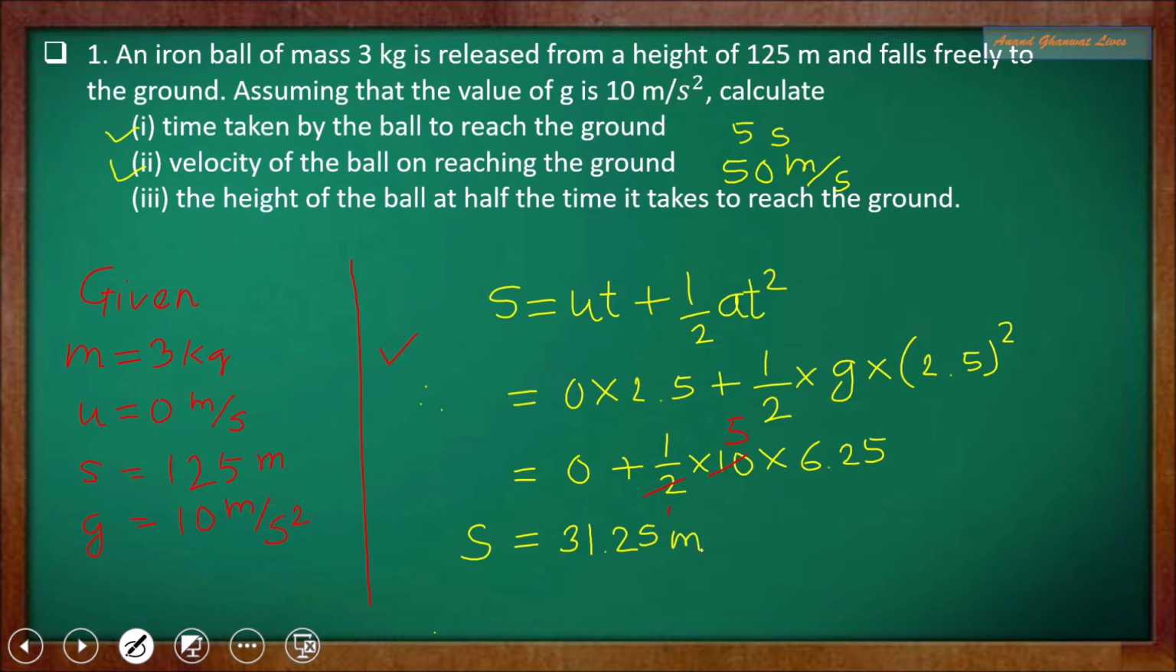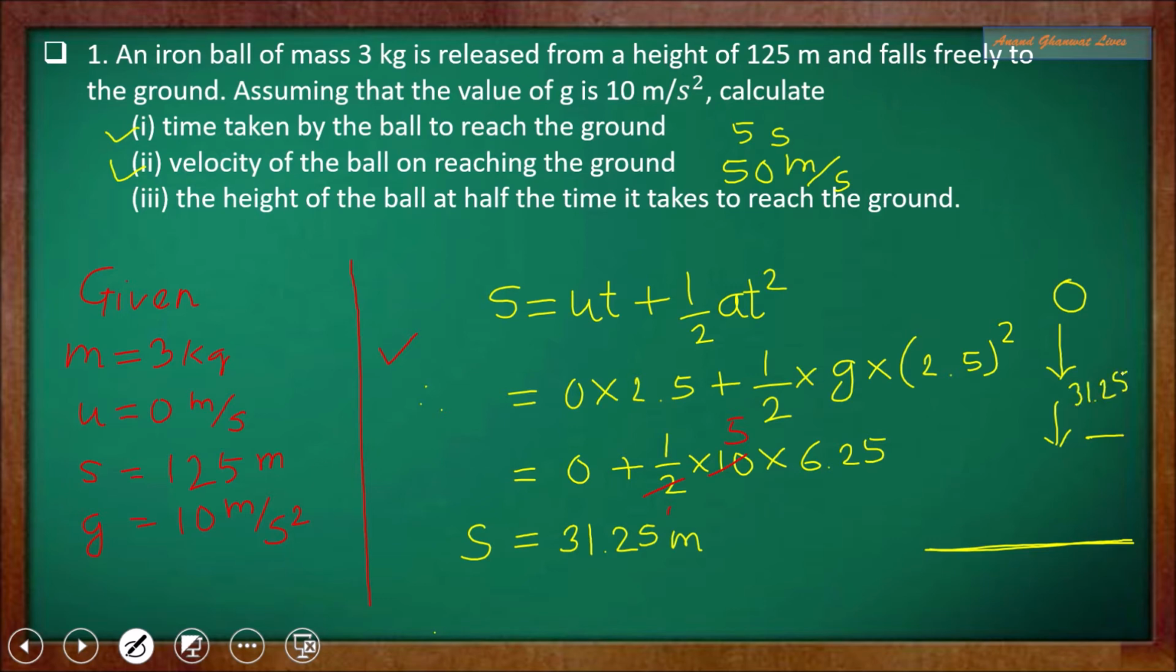So total height is 125 meter. Now distance covered by the falling ball from the point at height 125 meter. Let us understand it. Now the ball is here and this is a ground or ground surface. Now it is falling downwards. Now at half time, it reached